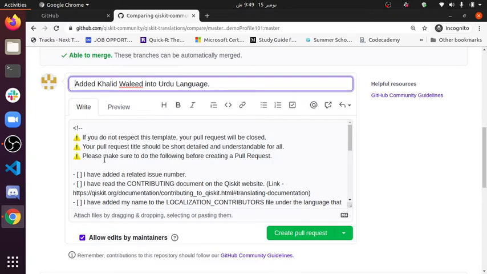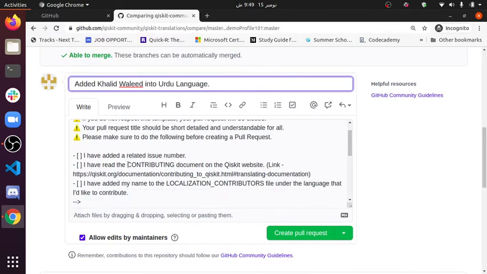Third thing is, please make sure to do the following before creating a pull request. So now we have to do these following steps in order to create our pull request. First of all, I have added a related issue number. This means that we have to find out what is the issue number of our language which we are interested in joining.